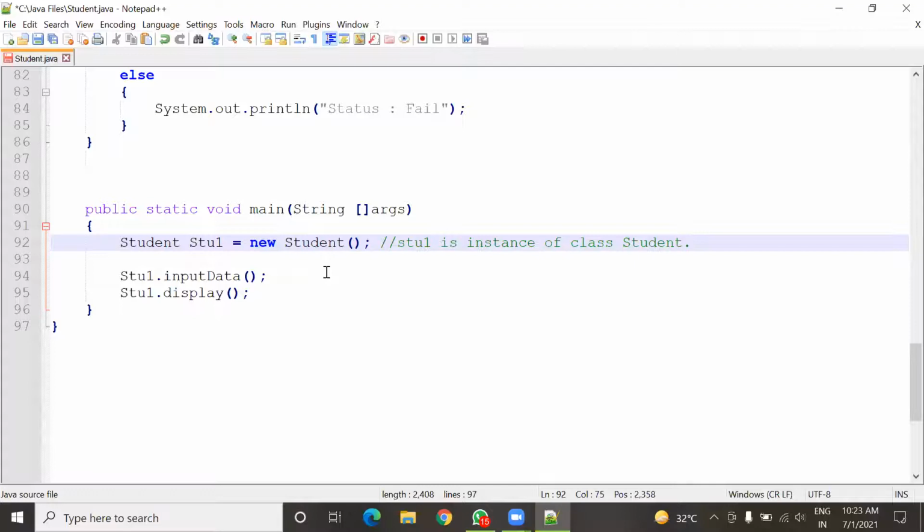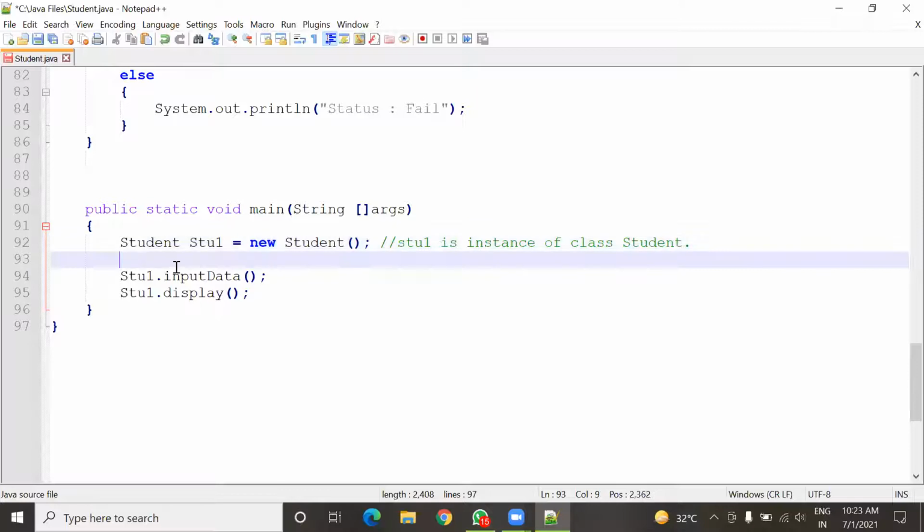Okay, a program can have a different number of instances of the class. It totally depends upon the programmer. Here in this program you can see only one instance, because only one object is here. Instance means simply the object. Okay, instance of a class.